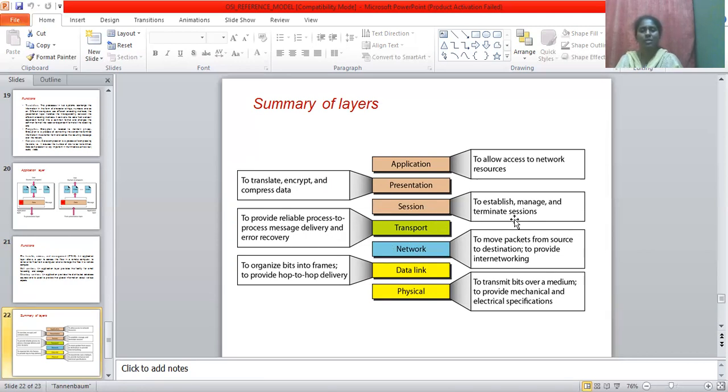Session layer helps to establish, manage and terminate the sessions. Next is presentation layer. It is used to translate, encrypt and compress the data. Next is application layer. Application layer provides access to network resources. It is also the duty of the application layer to check the availability of the resources, so that some particular request is being taken care of.